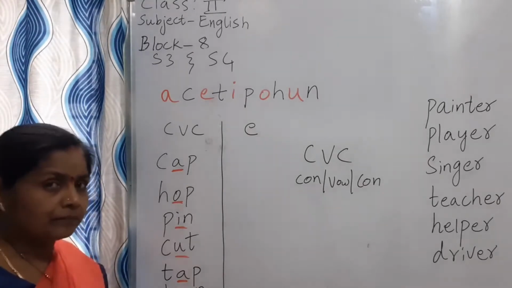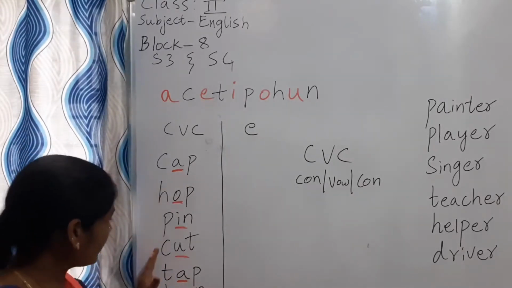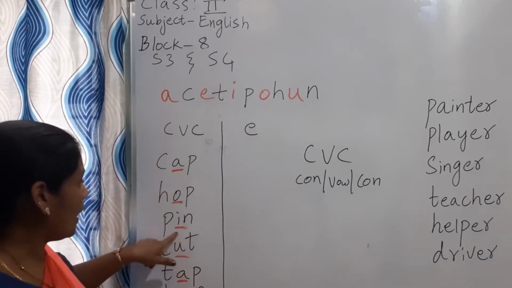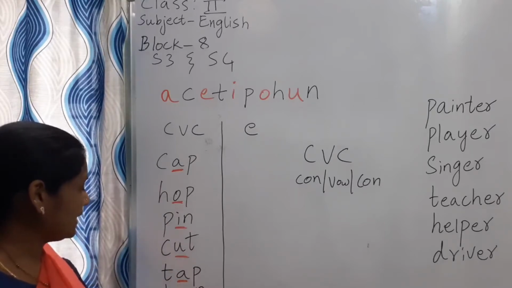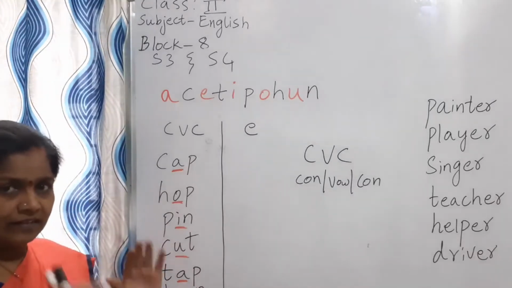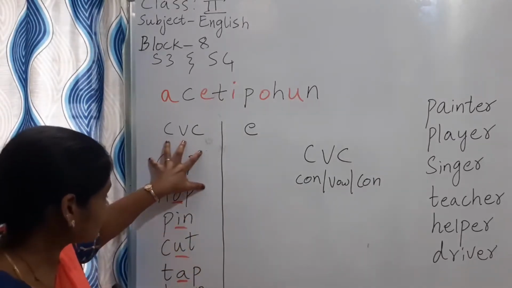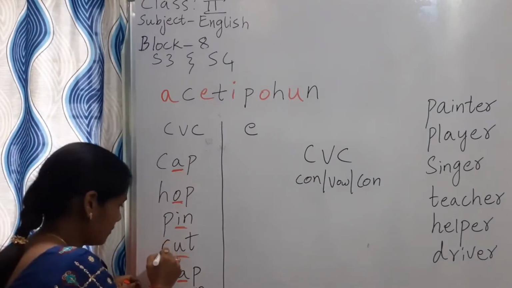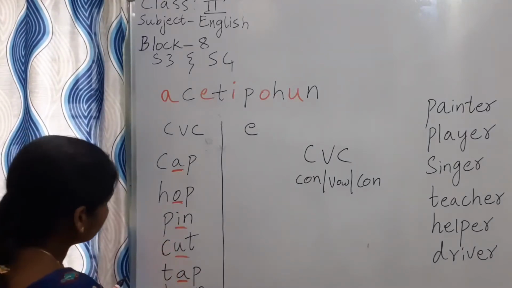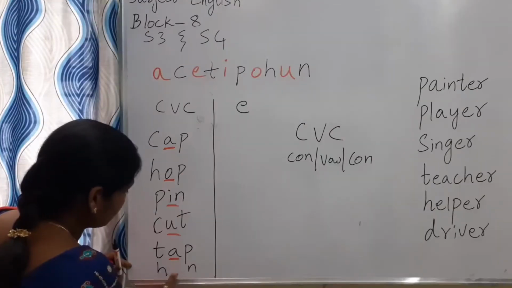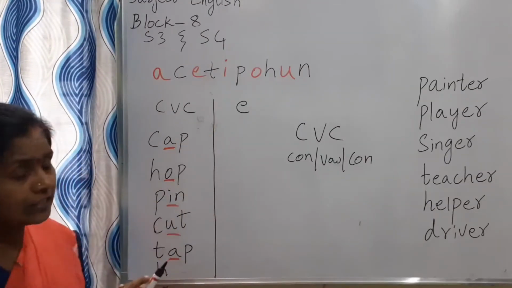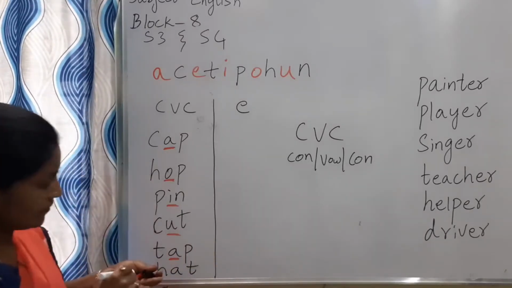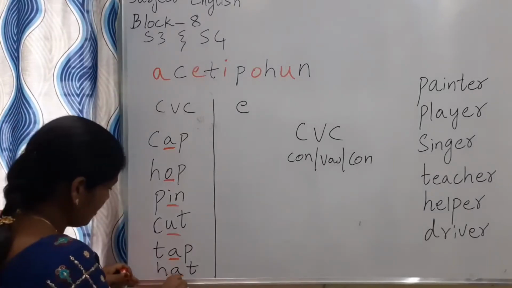HEN, hen. So now here you are not finding any E sound. We are finding A, O, I, U, A, E. Here it is hen. Let us assume that in these words we are not having any E sound, because we are learning about E sound now. So here I'll write down HAT, hat. Then it will be fine. This is also the vowel.